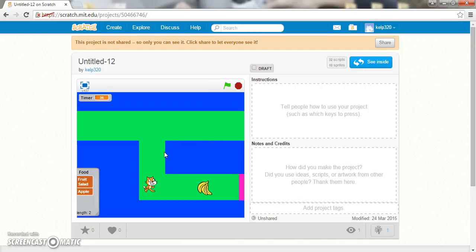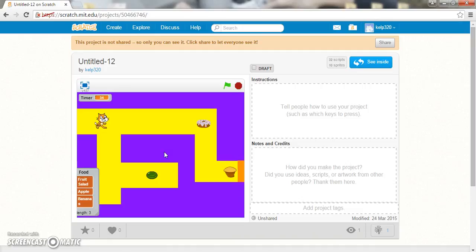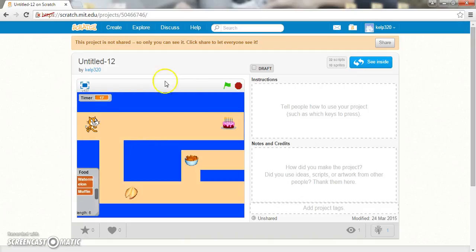As you can see, as I collect the items, they appear on the list on the bottom left corner of the screen. It would also help if I was pushing the right button every time, I must say. So as you can see, there's a lot of different things you can do for Scratch. In the interest of saving time, I'm going to stop it here, but you can create games, stories,